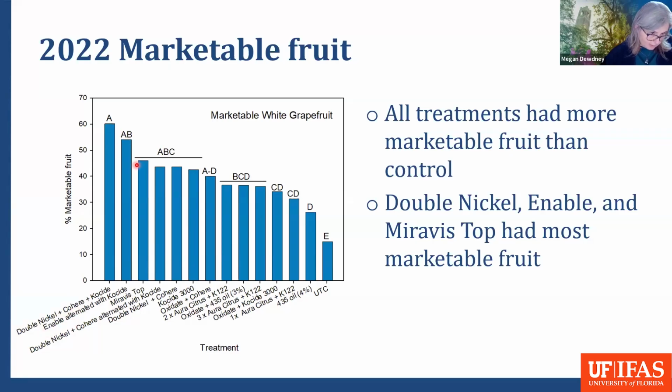These were not statistically different, though, from Moravis Top, Double Nickel with the Cohere alternated with Kocide, and Double Nickel with Cohere by itself or Kocide. And even the Oxidate had some effect with the Cohere. Where we didn't see great results were things like the oil. Obviously not very acceptable at 25%. But that is, as I said, what we would kind of expect to see with